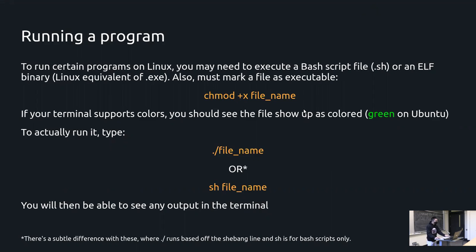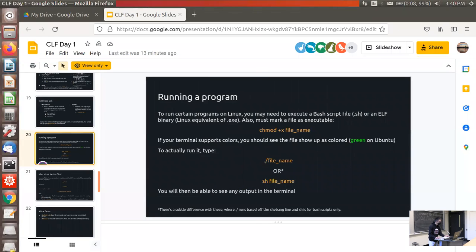And so there is a security feature on Linux such that usually on Windows, right, if you give them a binary, you can just double click on it and it will run. But on Linux, you have to set essentially a security flag that says, I've marked this file as executable. And so there's this command called chmod +x. So let me try to bring up the terminal.